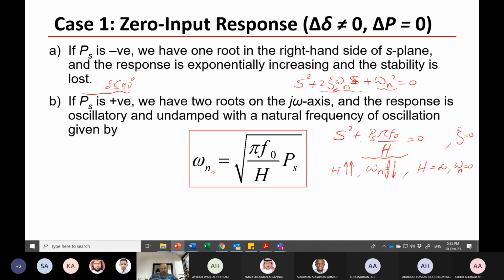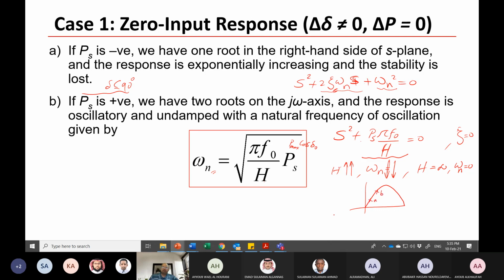The infinite bus is represented by a generator, but in this generator there is no oscillation. It is very heavy and nothing can affect its performance. So this is H, and the synchronizing power coefficient, which is B max cosine delta 0. If this is the case, you can see delta 0 is low and delta 0 is high. If we are working at point A or point B,